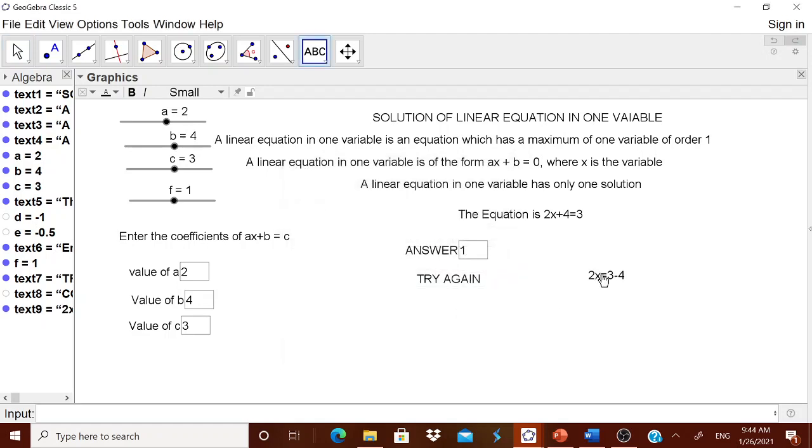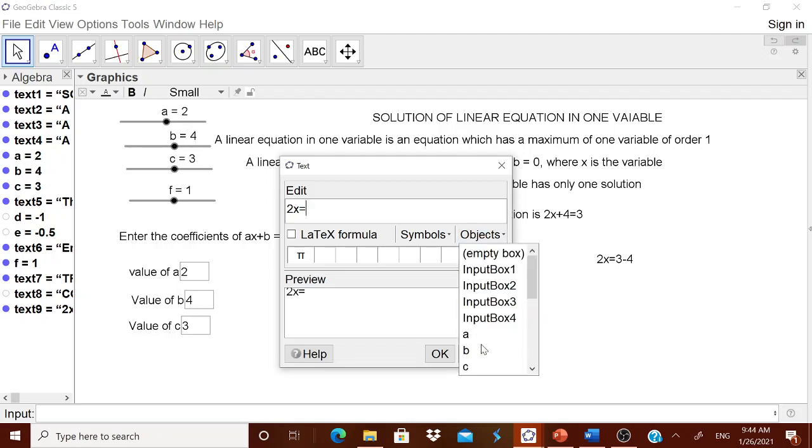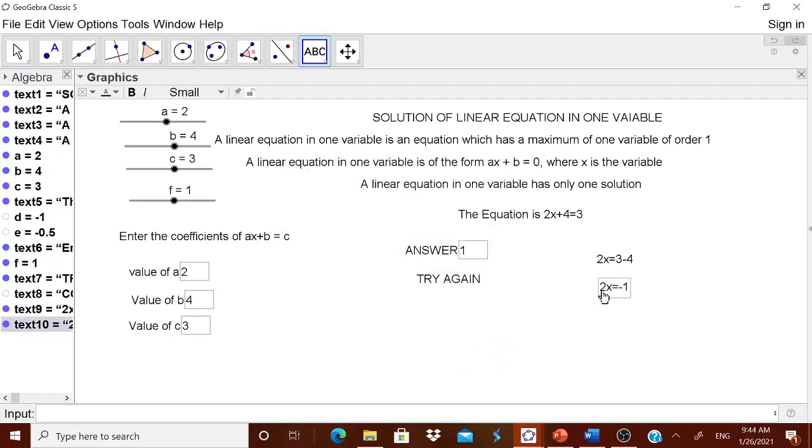Now this is step number 1. Therefore when 2x is equal to 3 minus 4. What is step number 2? Therefore 2x is equal to, you know that we have already calculated it as D. Okay, it is D. You see, you are getting 2x is equal to minus 1.